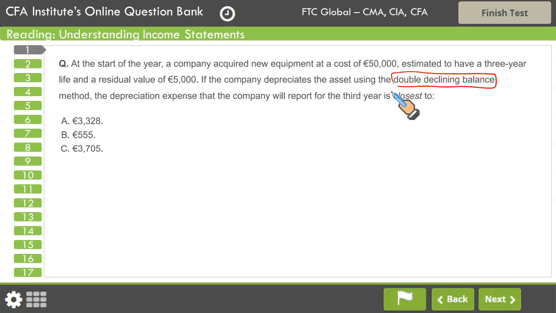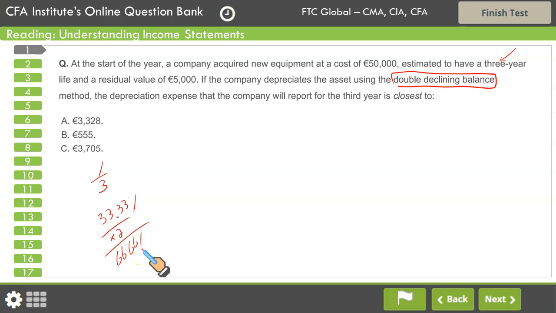If an asset is assumed to last 3 years, which means 1/3 of the asset's life is covered in 1 year, which means it's 33.33%. So this is the straight line percentage. Double declining balance means that whatever the straight line percentage comes, you double that. You multiply that with 2. So it means the depreciation rate you will use is